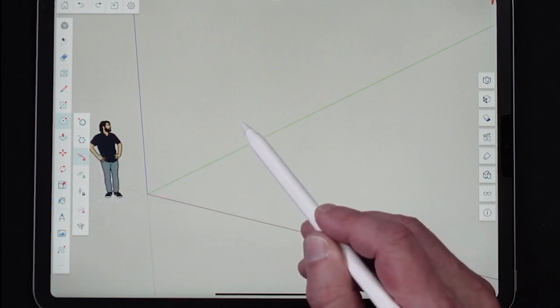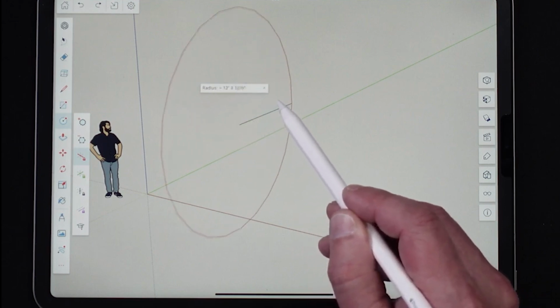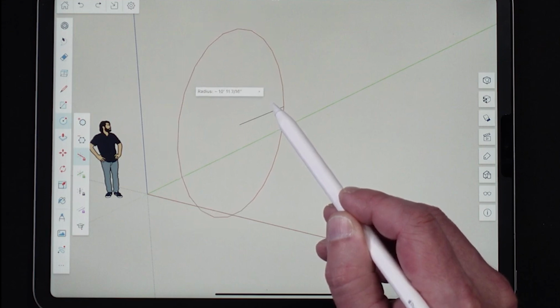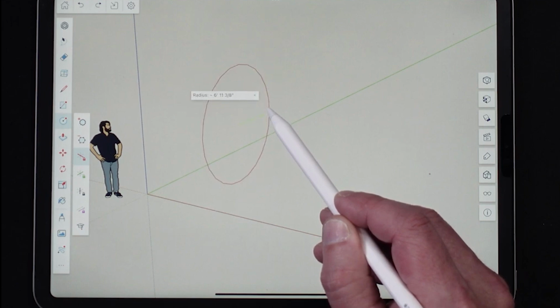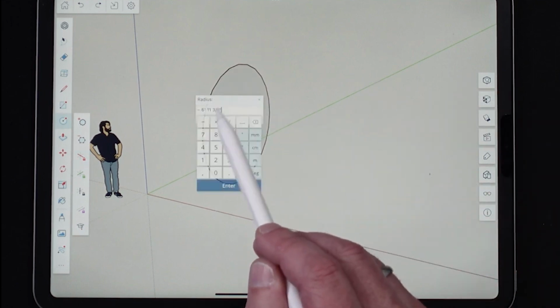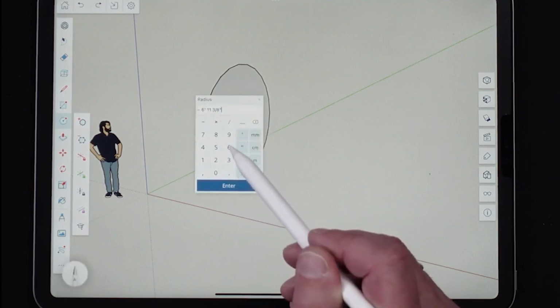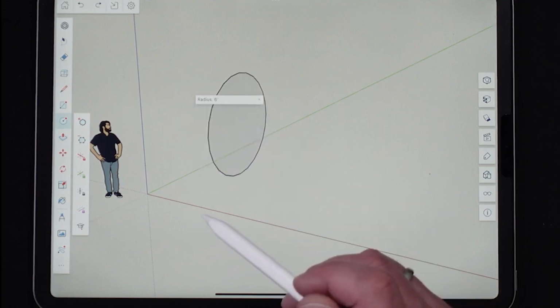Now, inputting with Just Draw mode is pretty simple. I'm going to put my pencil on the screen and drag. Where I initially touch down is the center, and where I drag out to sets the radius, and release. That's all there is to it. I can change the radius here. It says 6'11", maybe I want this to be 6 foot even, so I put 6 foot, enter, and now my circle is exactly